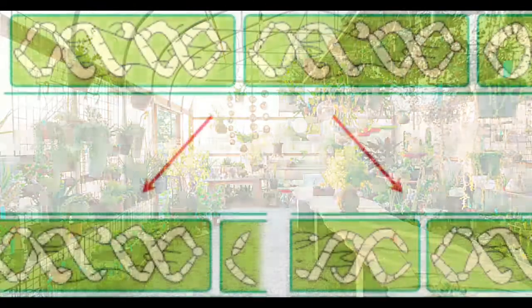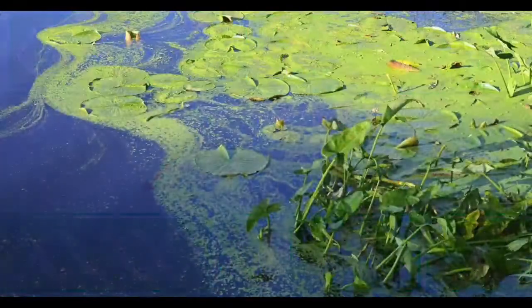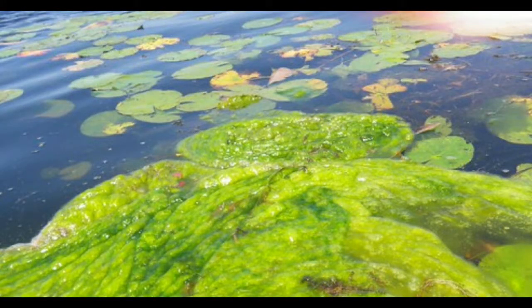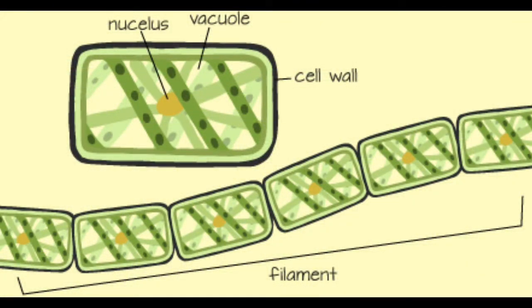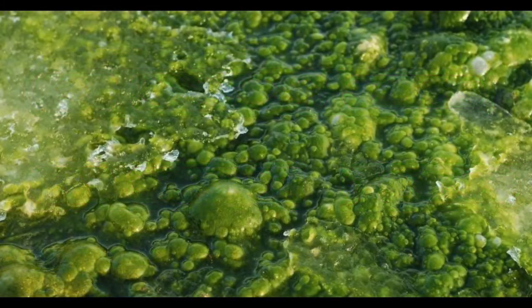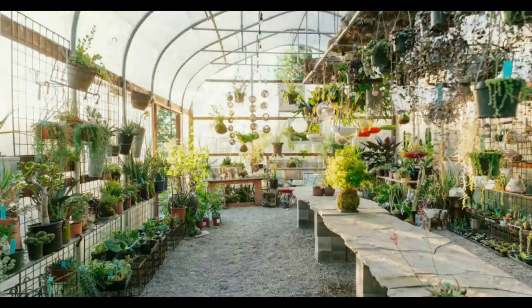Next, fragmentation. You might have seen slimy green patches in ponds or in other stagnant water bodies. These are the algae. When water and nutrients are available, algae grow and multiply rapidly by fragmentation. Fragments means pieces. An alga breaks up into two or more fragments. These fragments or pieces grow into new individuals. This process continues and they cover a large area in a short period of time. So, Spirogyra is an alga which reproduces by means of fragmentation.